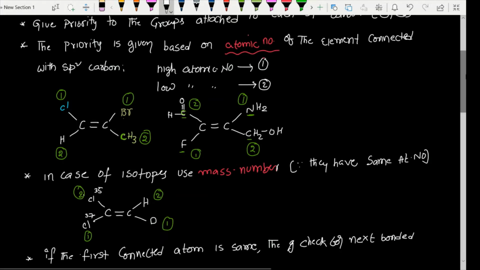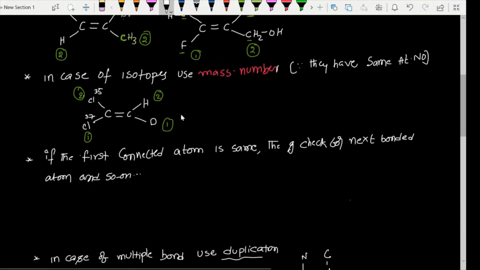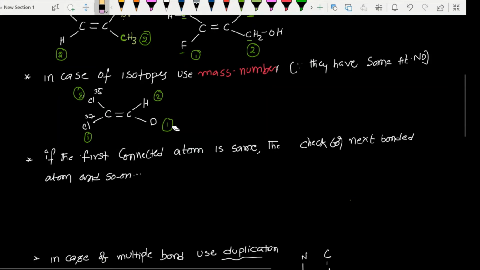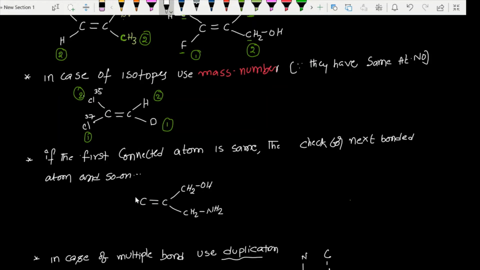But in some cases the first atom is the same. If the first connected atom is the same, then check the next bonded atom, and so on. If the second atom is also the same, then the third, then the fourth. Like that we have to check. For example, C double bond C is connected with CH2OH, and here it connects with CH2NH2. And on this side I can take CH3 and